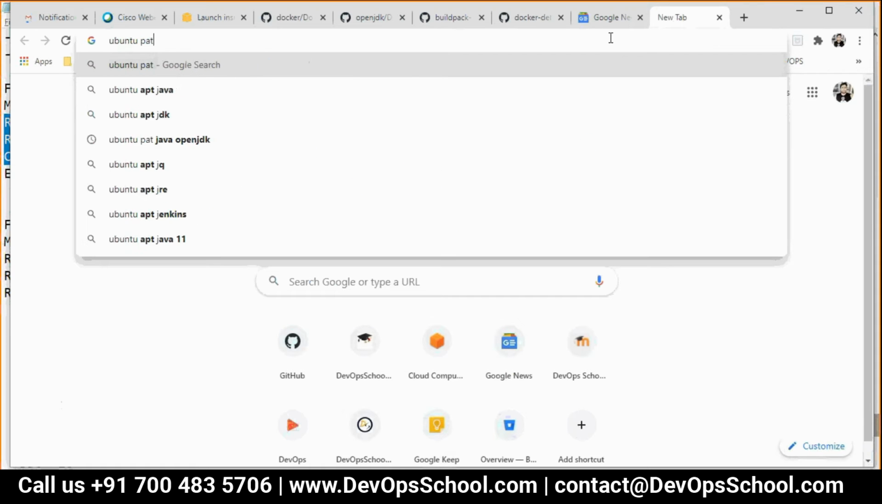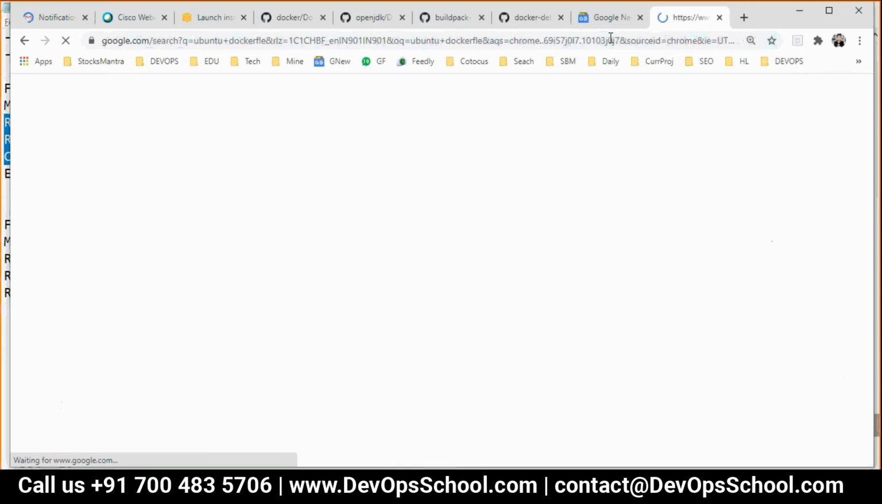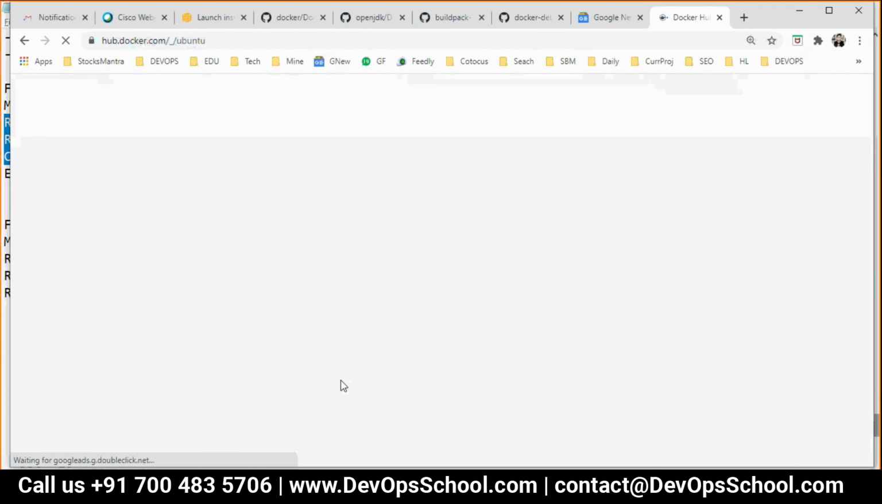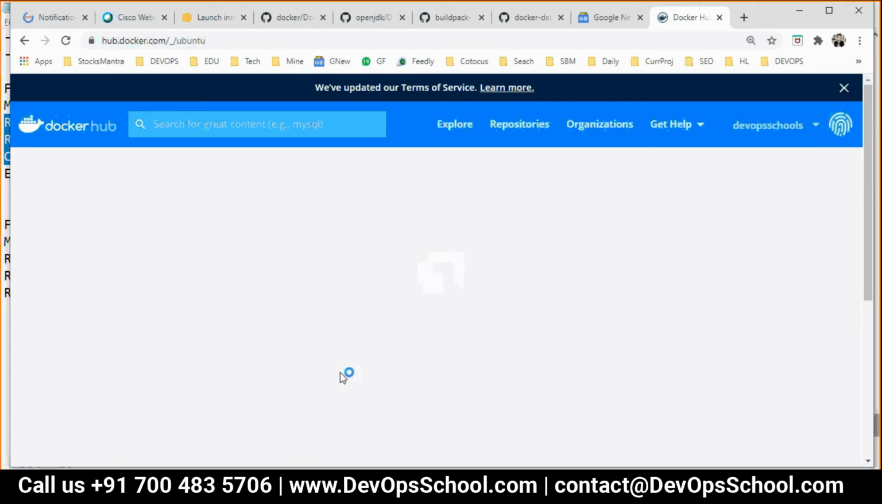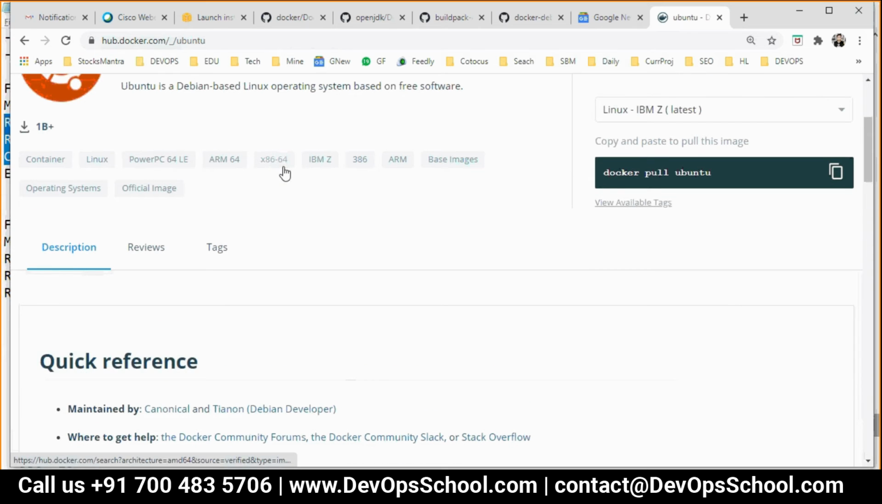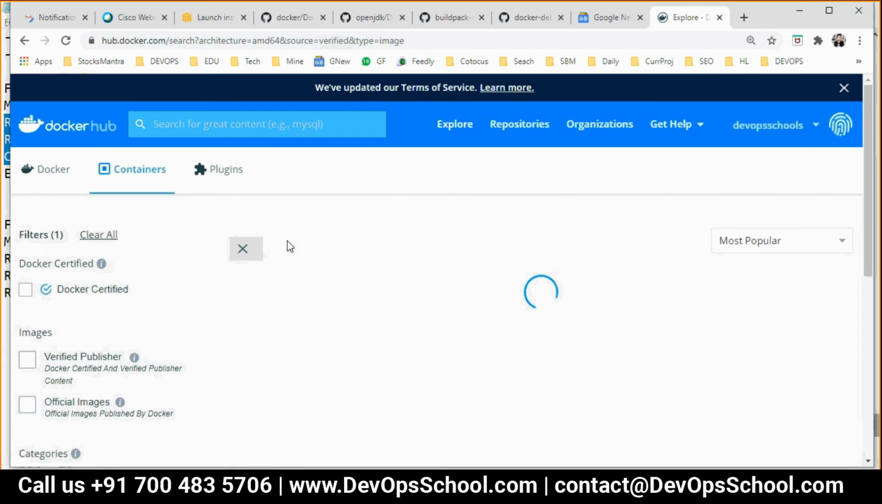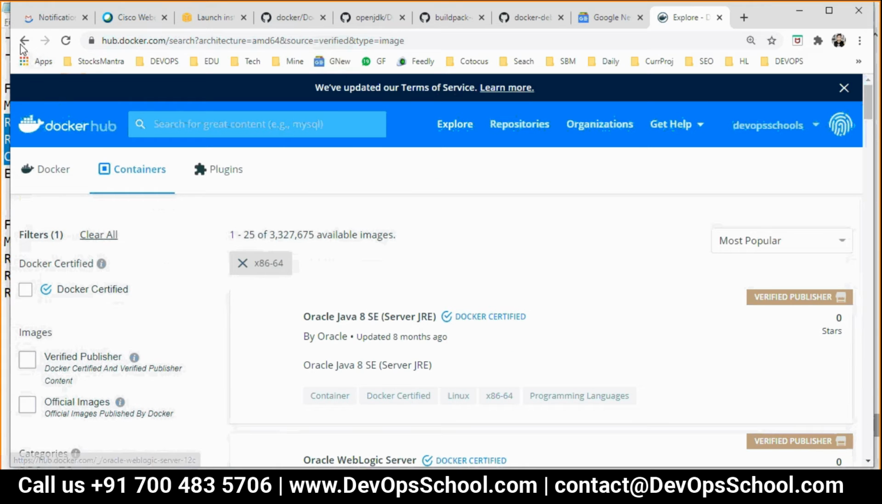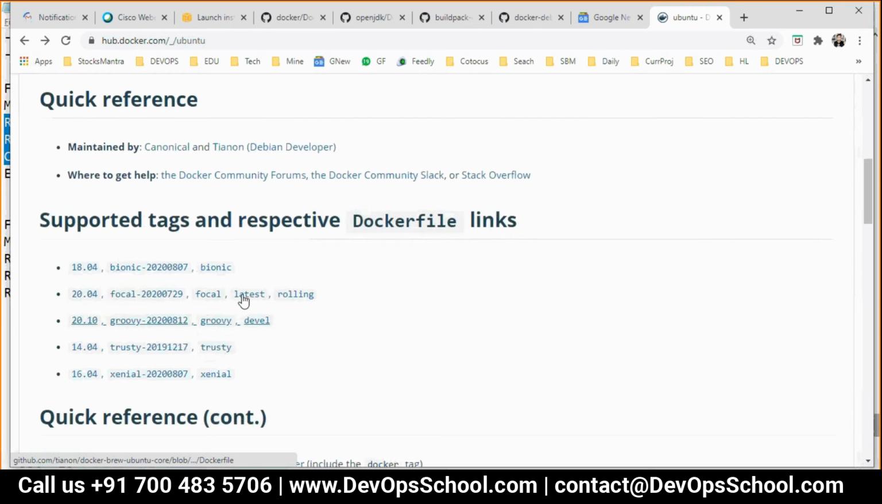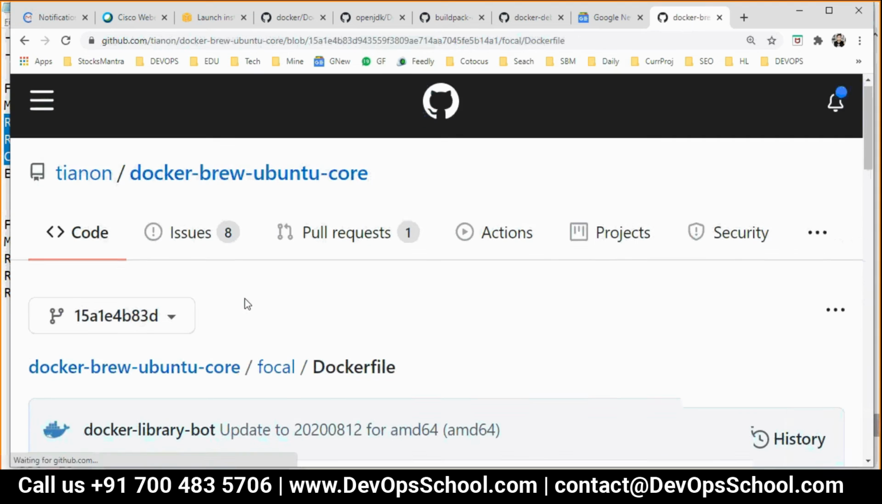Ubuntu, Docker Hub, Dockerfile. This is the Ubuntu latest we used in our training. And I think 64-bit, right? This one we use, right? Things like that. So latest. See here,